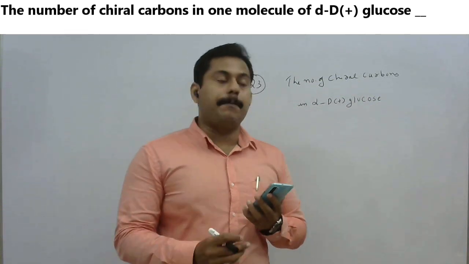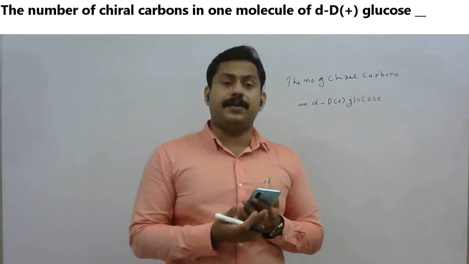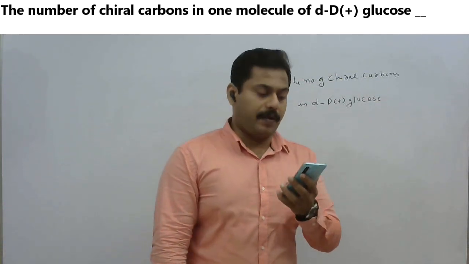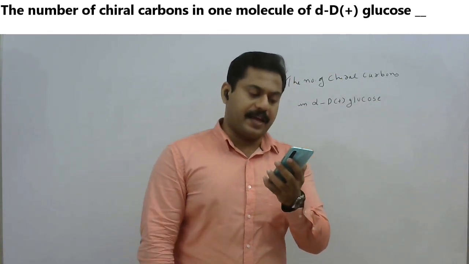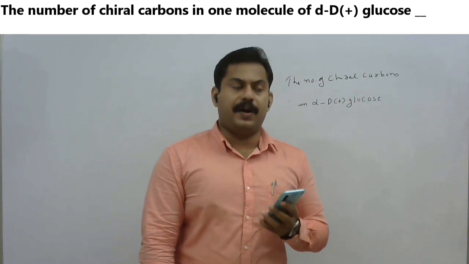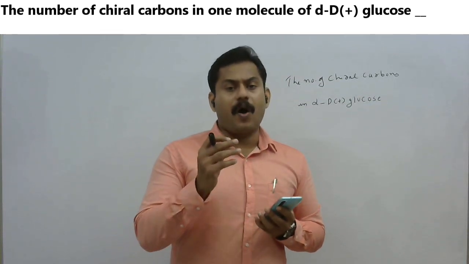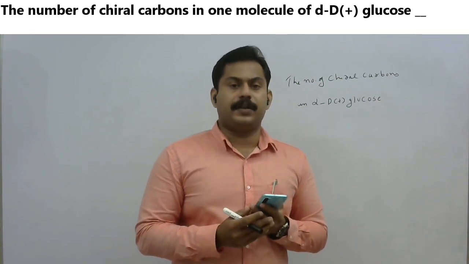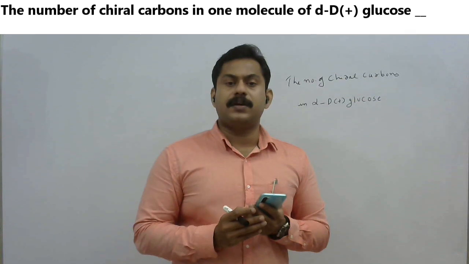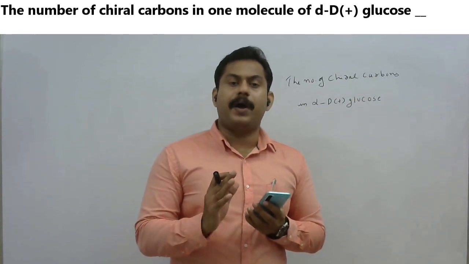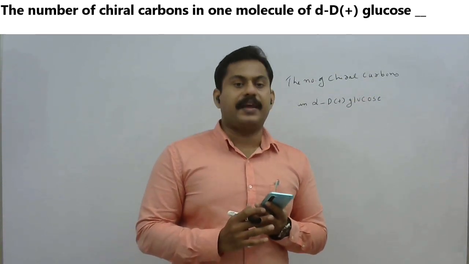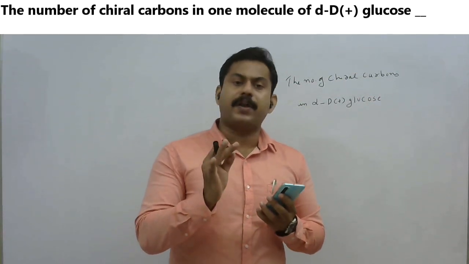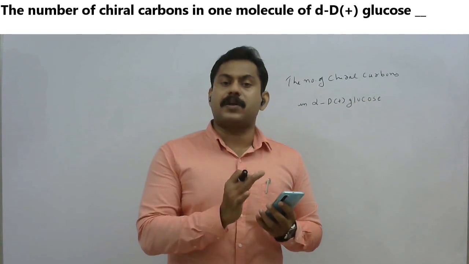Okay, now let's discuss question number 23. They are asking the number of chiral carbons, or stereogenic centers, or asymmetric centers in alpha D plus glucose only, right? So that is the question: the number of chiral carbons in one molecule of alpha D plus glucose. When we focus on the open chain structure of glucose, we know what a chiral center is. A carbon has 4 valencies. These 4 valencies are satisfied by 4 different groups. That is known as a chiral center, right? But the open chain structure of glucose has only 4 chiral centers, but they are not asking about the open chain.